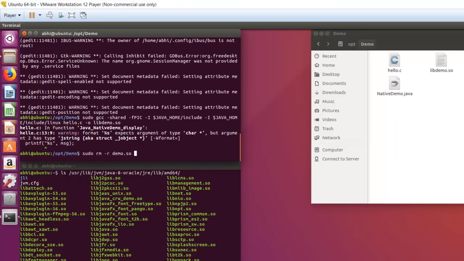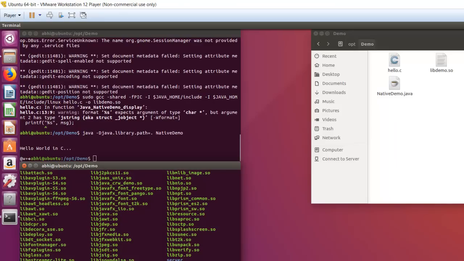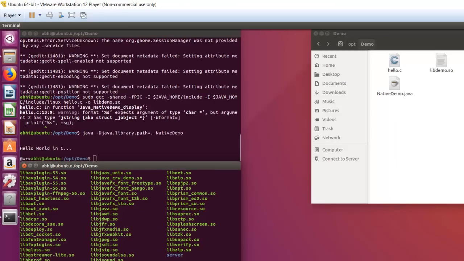So what will I do? I'll now run the code again, and I can see this. See, this is the alien thing, right? So we'll do one thing. We'll cd /opt/demo. Yeah, good. So sudo gedit hello.c,